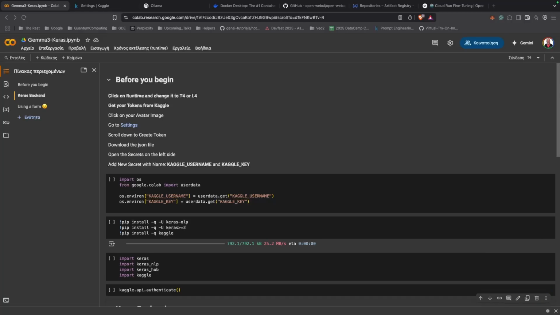All right, let's start with the easiest way to get your hands on Gemma 3 using Google Colab. Colab provides a free environment with the necessary tools, and with a few simple steps, you'll be chatting with Gemma in no time. First thing first, we need to get your Kaggle API tokens. These tokens allow Colab to securely download models and other resources from Kaggle. So we need to hand over to Kaggle,